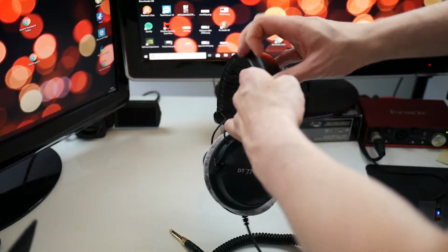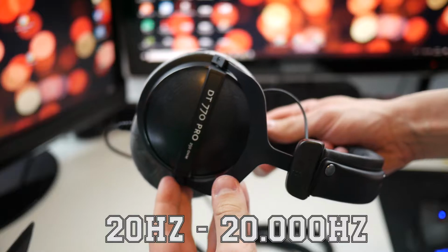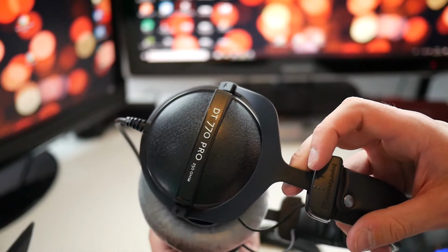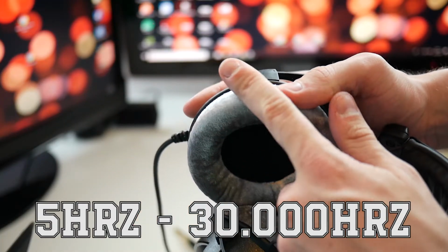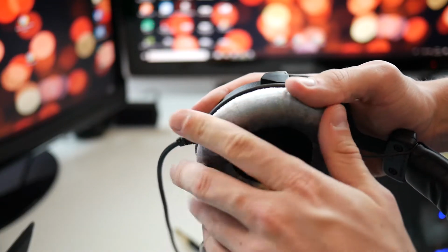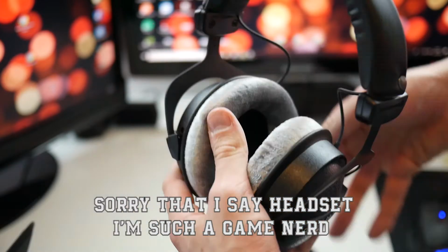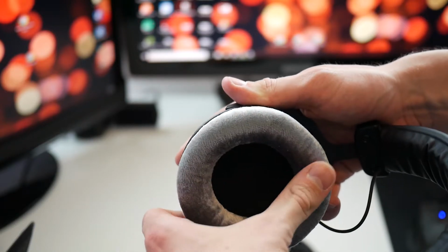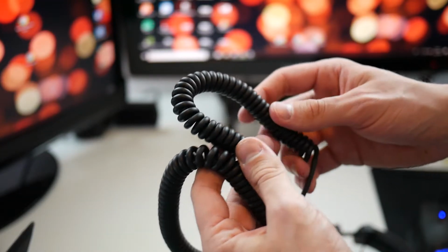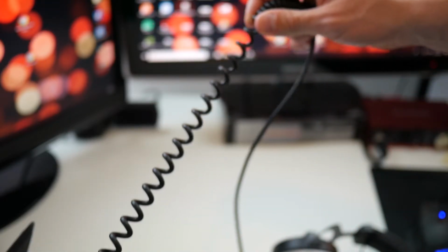A quick fact: the human ear hears from 20 Hz to 20,000 Hz. And this headset actually goes from 5 Hz to 30,000 Hz. That's an even bigger range than you can actually hear. Another thing that I really enjoy is that the headset is really soft. It's so comfortable. You can wear it for, I guess, the whole entire day and you won't have any trouble with that. The cable is really long, but it's not annoying because it's stretchable, so it's not laying around the whole